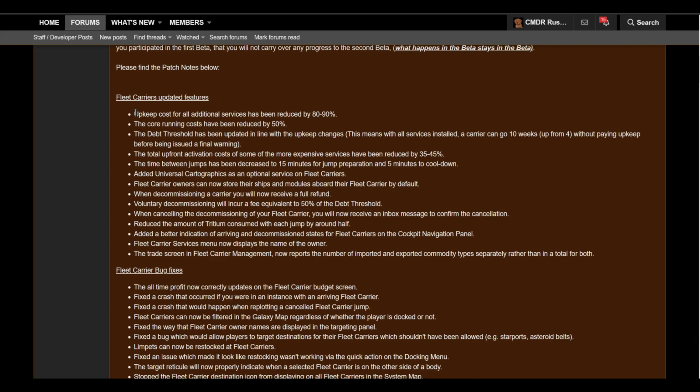So as you know from the previous one, the upkeep cost for all additional services has been reduced by 80 to 90%. See, when I first read that, I thought Frontier had just bent over too far for the bleating sheep. I'm going to be honest here. But looking at the actual costs, the weekly costs in game, when you see it in a monetary value, it doesn't look that bad. They have reduced it a lot. I mean, they seriously have